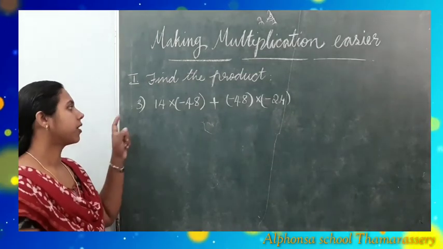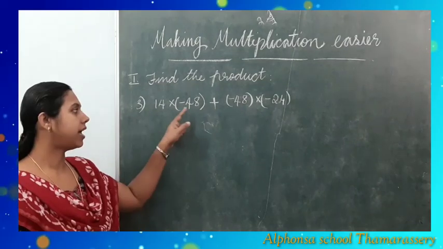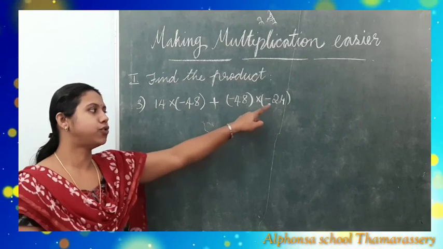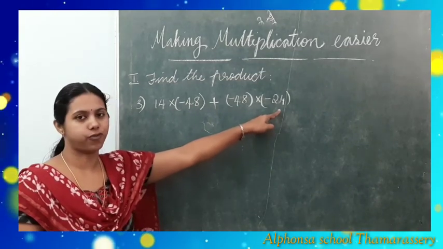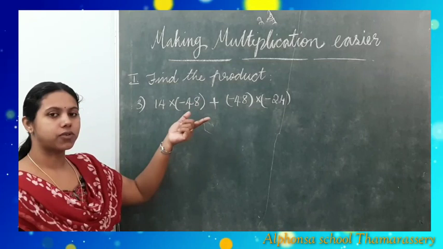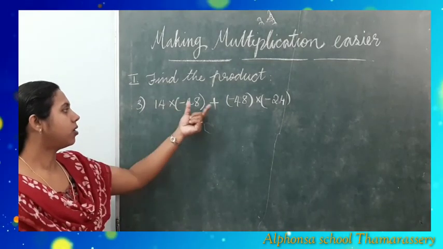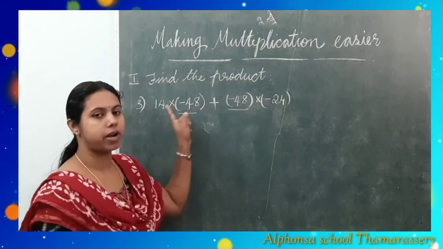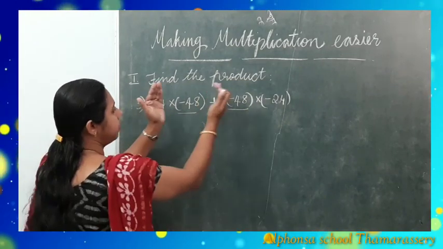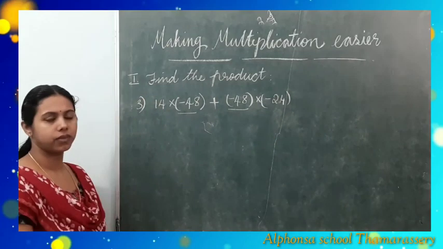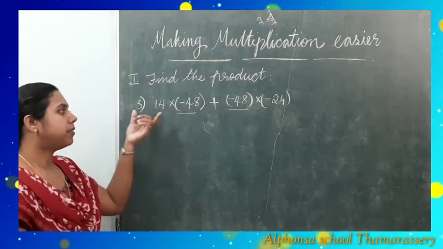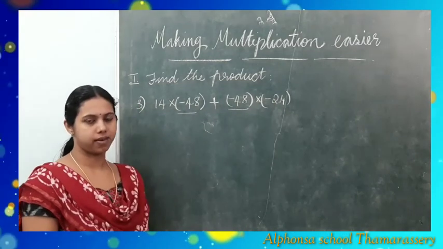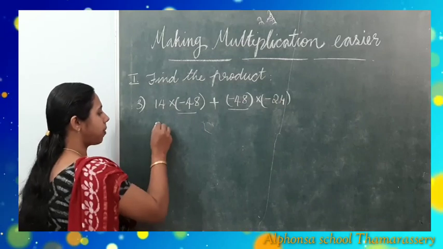Next question. 14 into minus 48 plus minus 48 into minus 24. When you observe this question, you can see in both the terms minus 48 is common. This is one term, this is another term. So it will be in the form of A into B plus A into C. So by using distributive property,